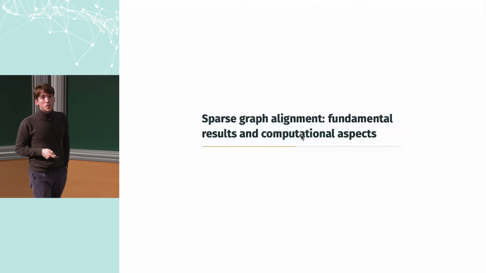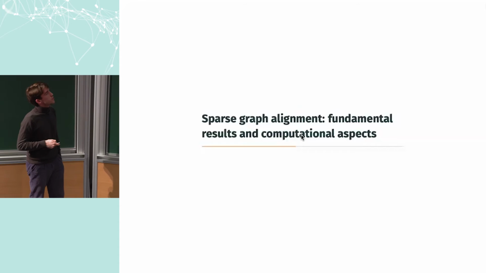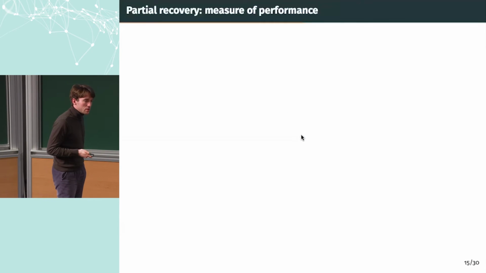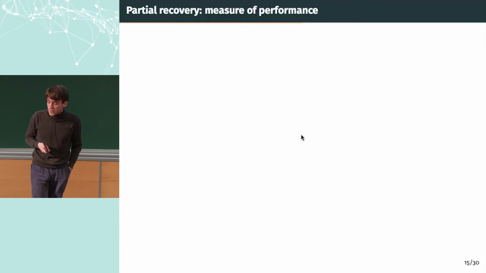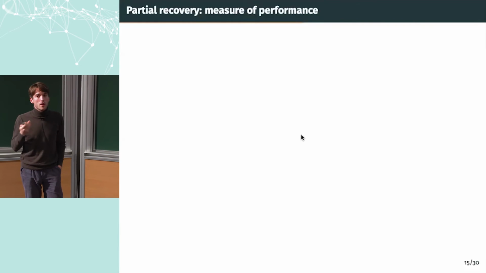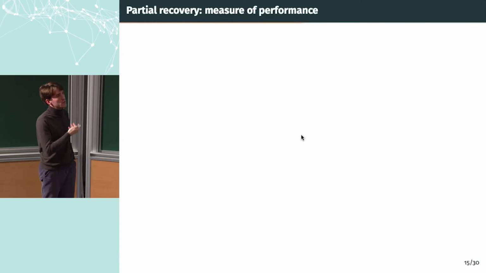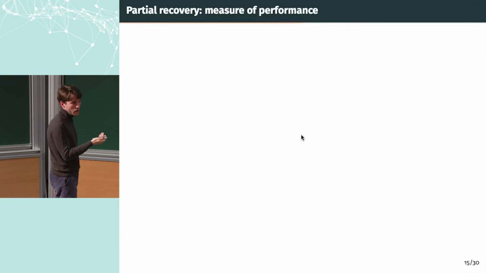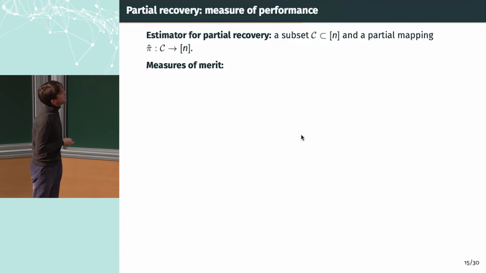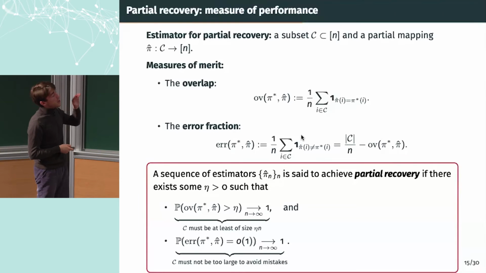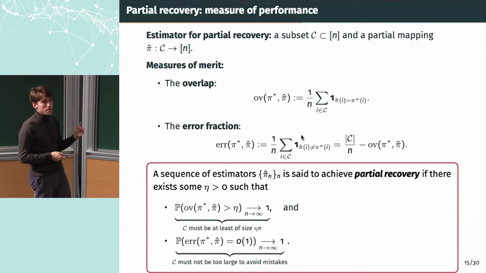Okay, so I will not go into the details, but just give you the typical results that we have for this problem. These questions are also typical for a lot of these inference problems on graphs, right? So this is, if you like, an illustration of what the main challenges and the main questions are in this setting. First of all, I will define what partial recovery is, because I mentioned that I wanted to do partial recovery.